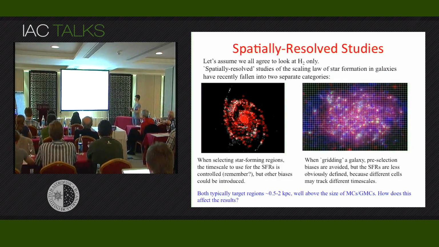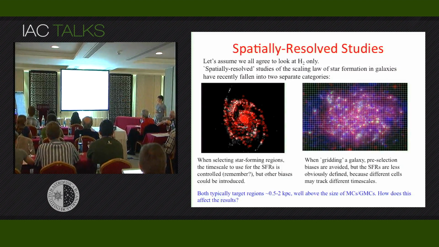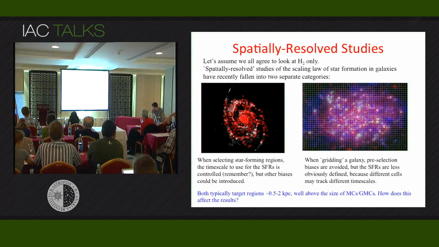The problem that you're having there is that now you are trying to extract a star formation rate, or a surface density of a star formation rate, from a region that could have a large component due to an old stellar population. It could have a contribution to the UV and optical, and could have a 24 micron contribution from the heating of the dust by the relatively oldish stellar population. So you have to be mindful of what time scales you're applying when you want to calibrate your star formation rates. This is a problem because in both cases, the regions we are looking at are much larger than the size of a molecular cloud.